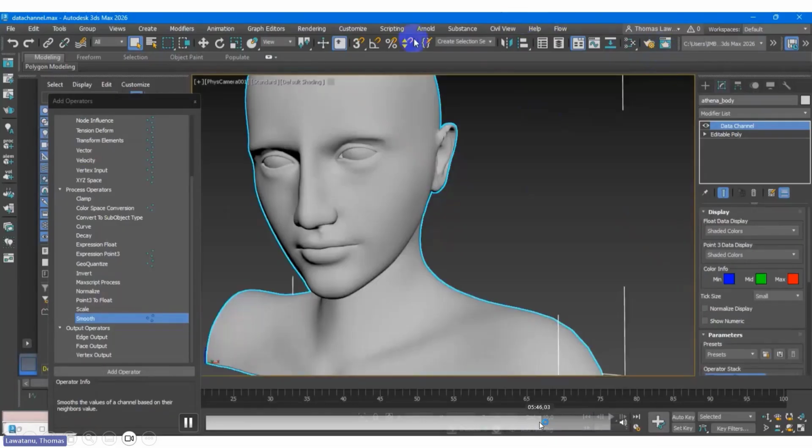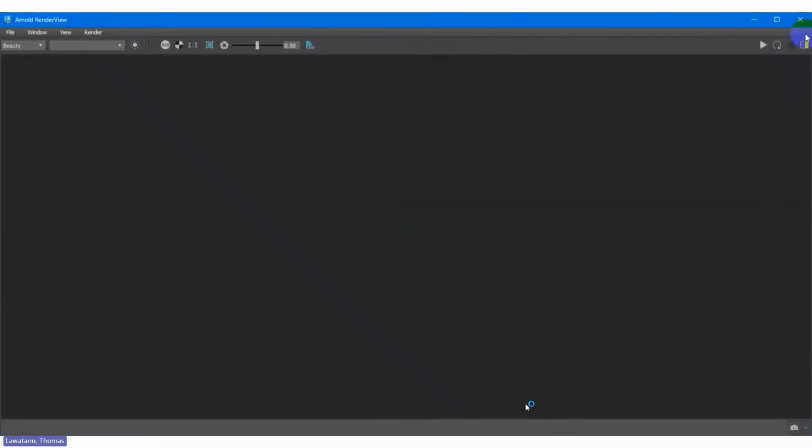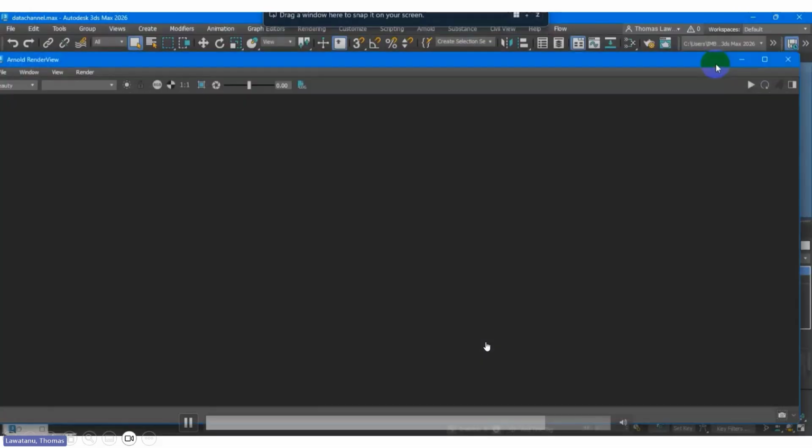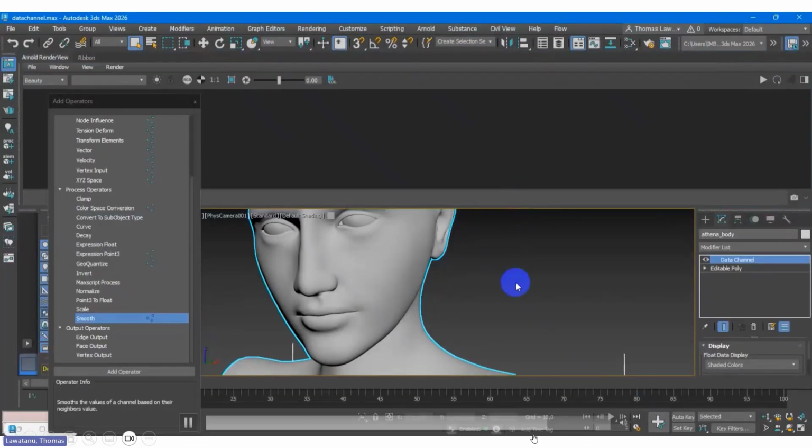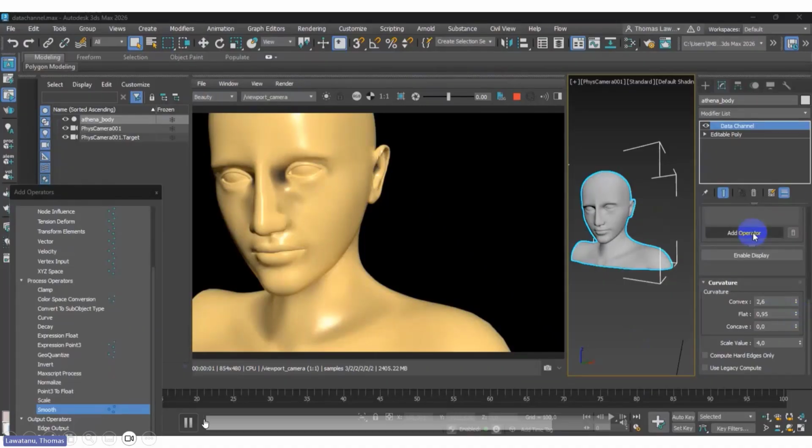Okay, after this, we try to render to see the result. Okay, moment. So when you see this, this is the shader information of your object. Why does this happen? Because this is the data.